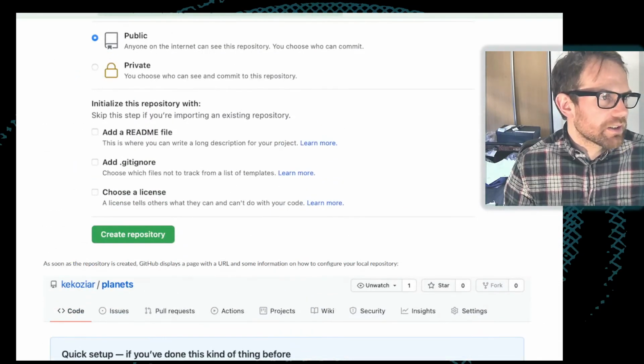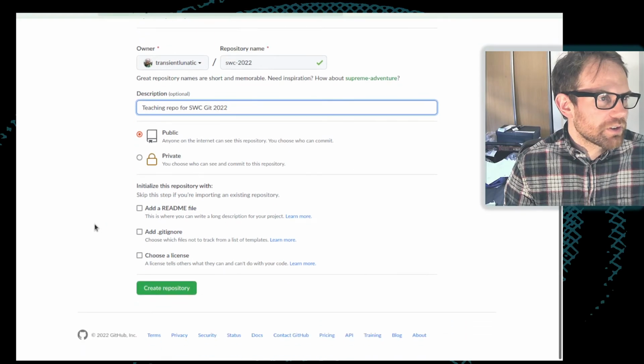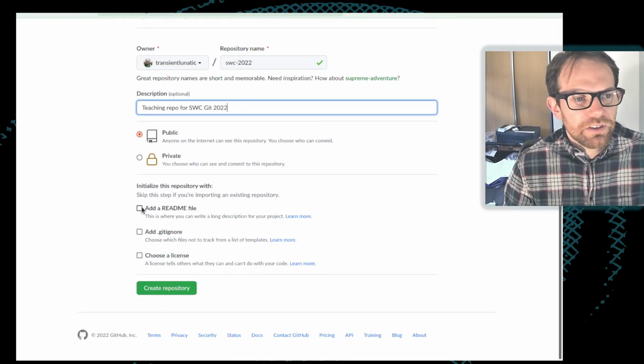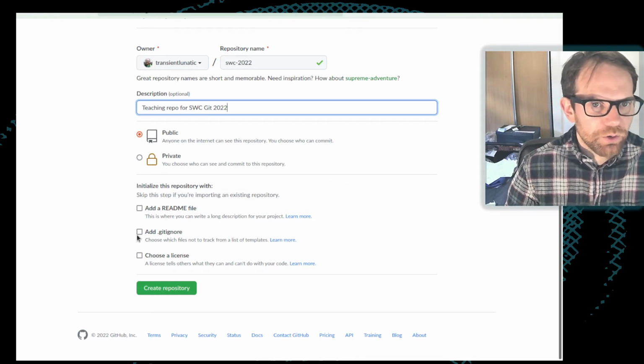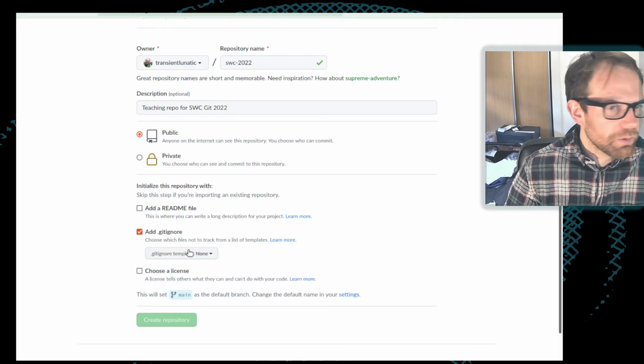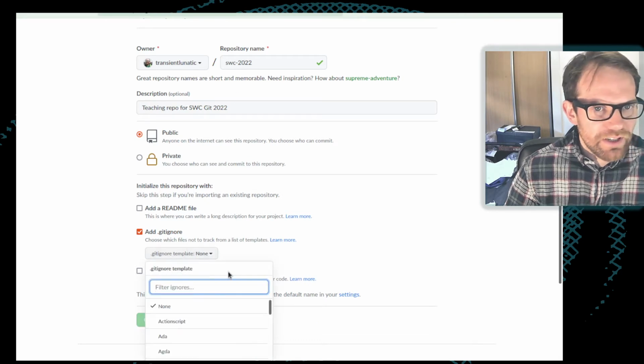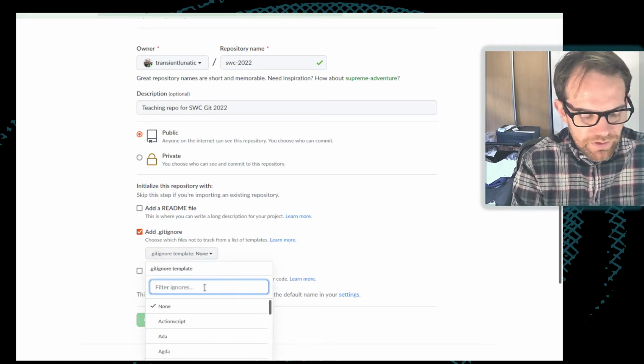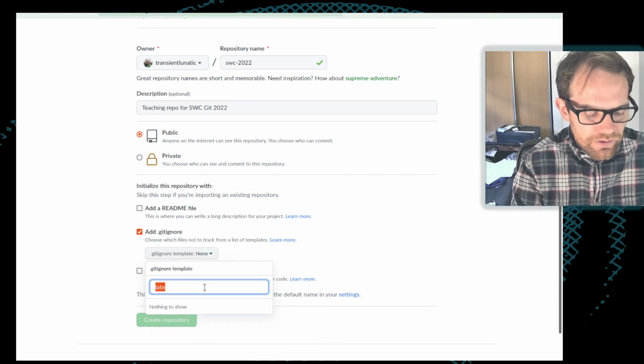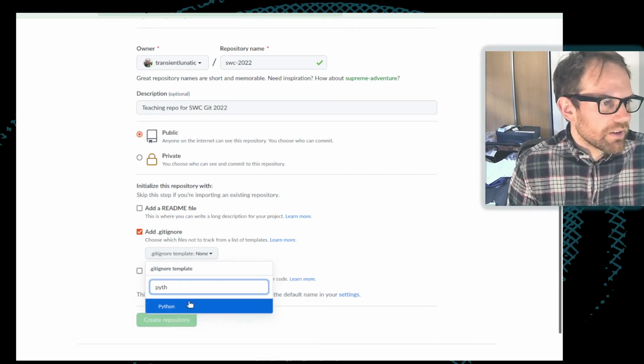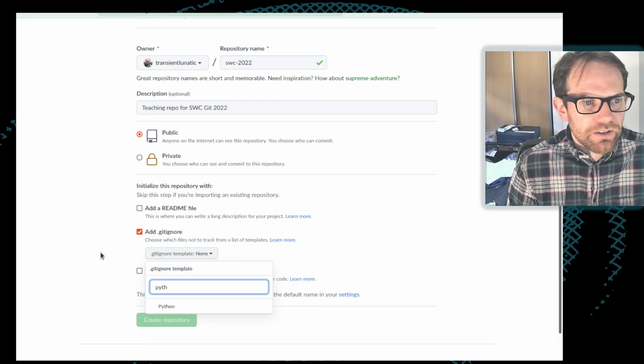Yeah, they're saying that we should set it up as a public repository, so let's set it up as a public repository. You have the option to do things like add a README file, add a gitignore file. So I'll show you what this looks like. When you click it, it gives you a list of different template gitignore files. So this is what I mean, that you get options for things like a Python gitignore file.